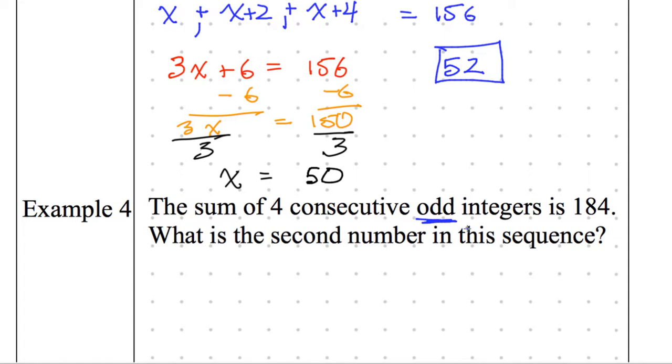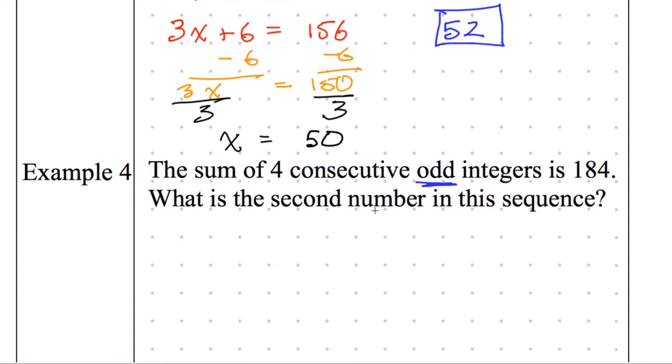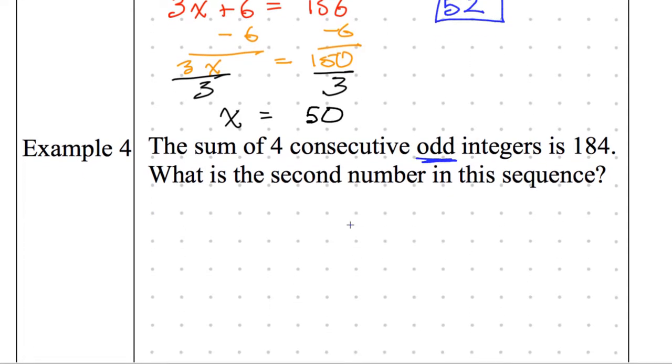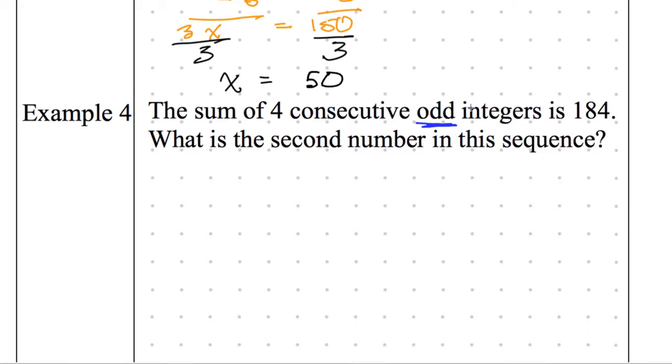All right, I paused this because we are not setting this problem up correctly, and that's okay. We make errors, and we're learning from those errors. So just think about a sequence of numbers. I'm just going to go ahead and write an example. 1, 3, 5, and 7. Those are 4 consecutive odd integers. Can we all nod our heads? Yes, those are odd, they're consecutive, they're odd integers.